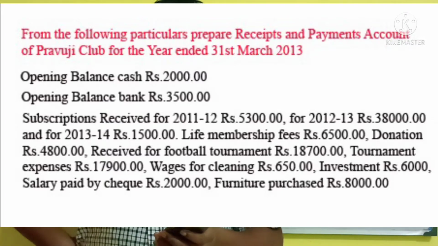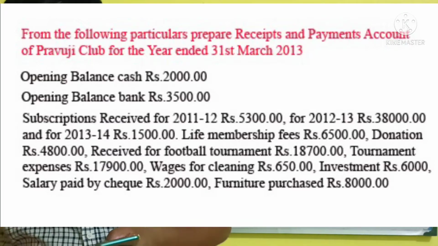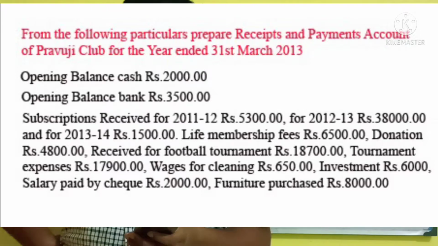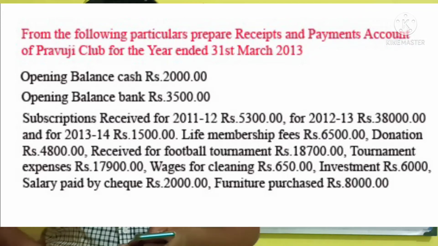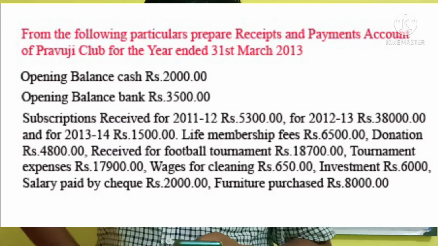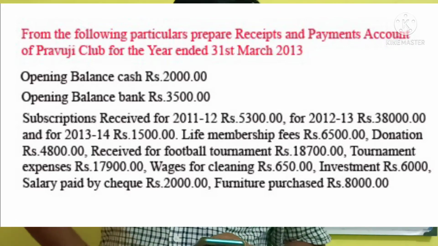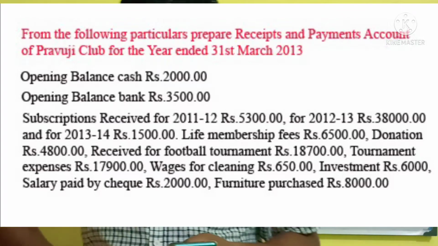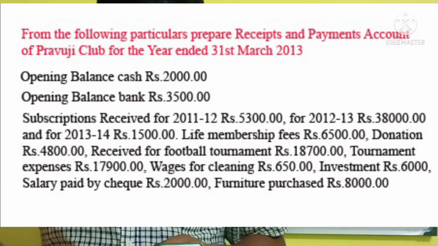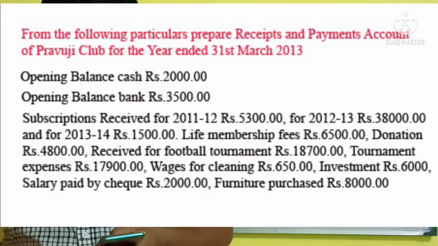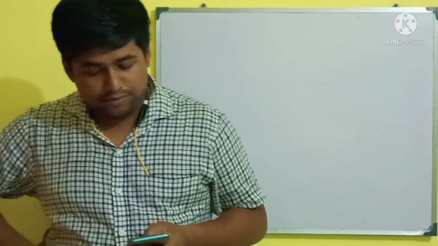2011 और 12 के लिए रुपीज 5300, for 12 and 13 rupees 38,000, and for 13 and 14 के लिए rupees 1,500। लाइफ मेंबरशिप फीस rupees 6,500, डोनेशन rupees 4,800, receipt for football tournament rupees 18,700, tournament expenses rupees 17,900, wages for cleaning playground 650, investment 6,000, salary paid by check 2000, and furniture purchase 8000।